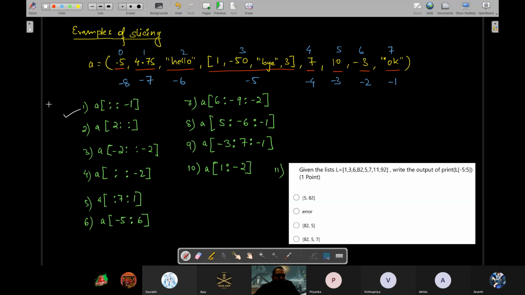Yes, reversed tuple with respect to a. Okay. Why? When you are using the step value as negative, by default the starting value will be taken as -1 and ending value will be taken as minus of len -1. ठीक है, तो यहां पे स्टार्टिंग वैल्यू क्या हो जाएगा बाय डिफॉल्ट? -1 and end value will be